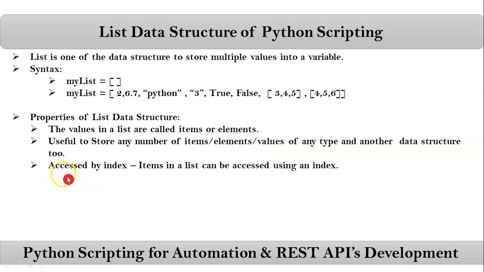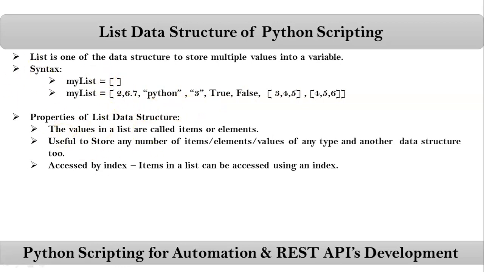Then, accessed by index. The items, the values, the elements which are there in your list can be accessed by index. We know what an index is. If you take a string, for a string Python gives index numbers for each and every character in the given string. Same way, for each and every value or item in your list, Python will give index numbers, same as a string.